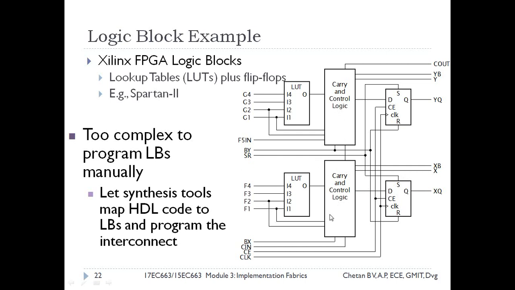In the same way this will work, and this register made up of D flip-flop can provide the registered output XQ. XQ represents the registered output, X represents unregistered output, XB represents complement of unregistered output. Here X and Y are two different functions which are implemented by a single slice of one logic block of Spartan 2. So this logic block is capable of implementing two functions which have 4 variables.